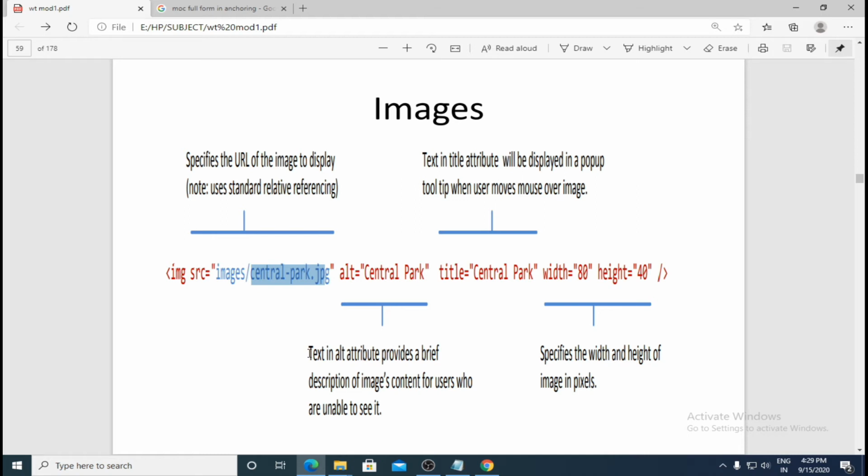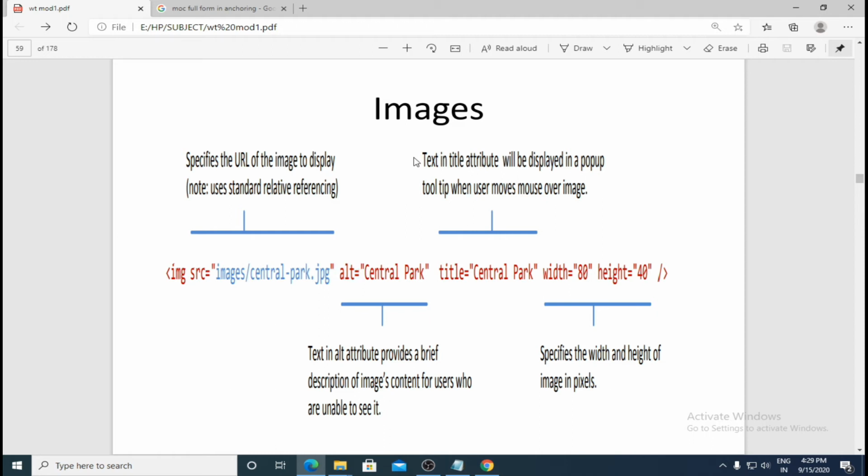Then about alt, what they are saying is that text in the alt attribute provides a brief description of the image's content for users who are unable to see it. If people have low sight and are not able to see the image, they will just read what that image is about, so you can make use of alt.